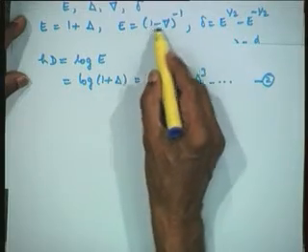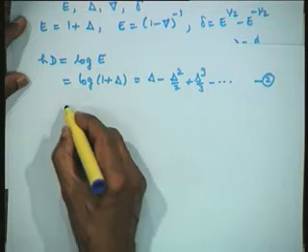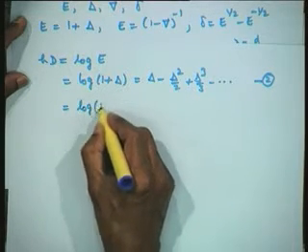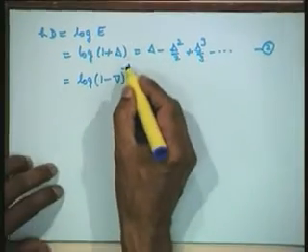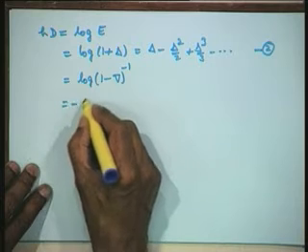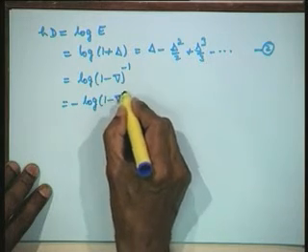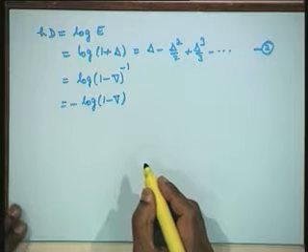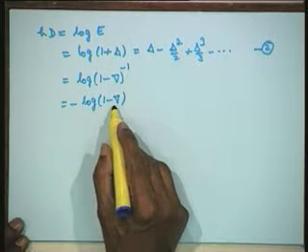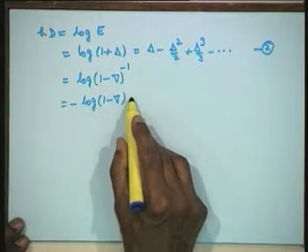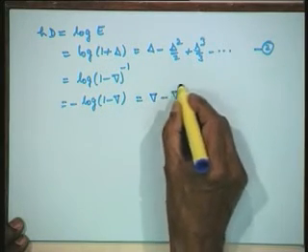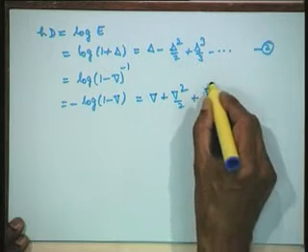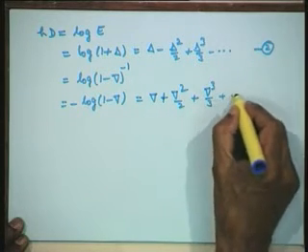Now, if I want backward differences, I will now use E is equal to 1 minus delta inverse. So, I will write this as logarithm of 1 minus backward difference inverse. Let us take minus 1 out. So, this will be minus of log of 1 minus delta. Now, let us expand this logarithm. This will be minus delta square by 2 and there is a minus sign outside. Therefore, all of them would be positive, delta square by 2 plus delta cubed by 3 plus so on.